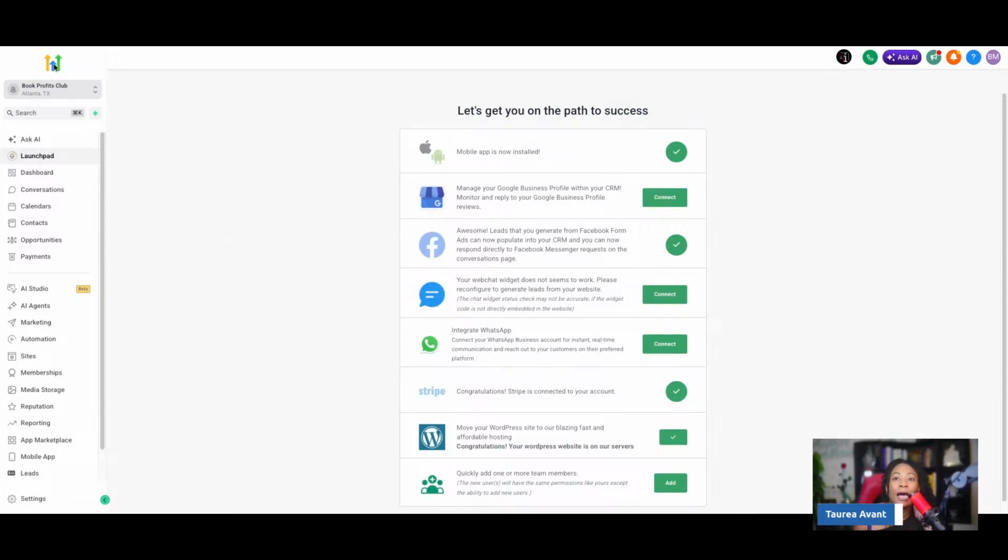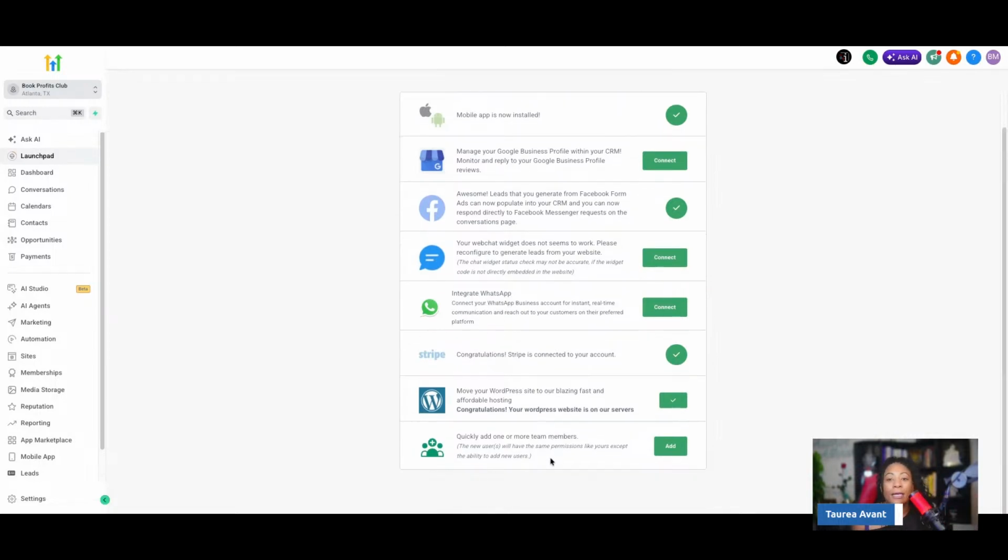Right now you see the High Level logo, but when you log in within the next couple of days, you will probably see the new BPC system logo, because we're creating a whole new logo for the BPC system. Again, it is white labeled. When you log in, you're going to see some of these things telling you to do all of this. We're not going to worry about that right now.